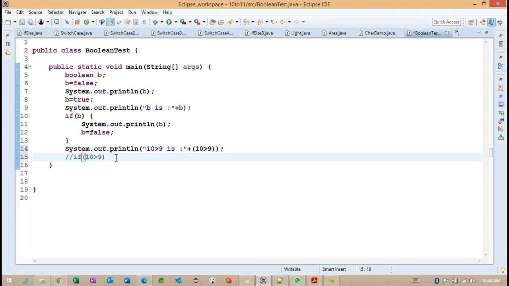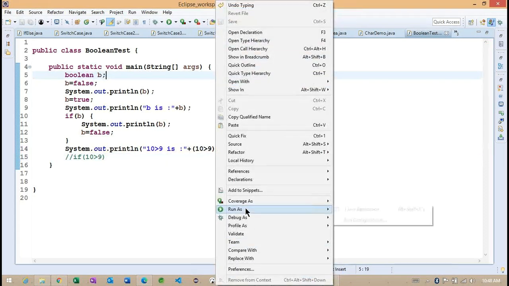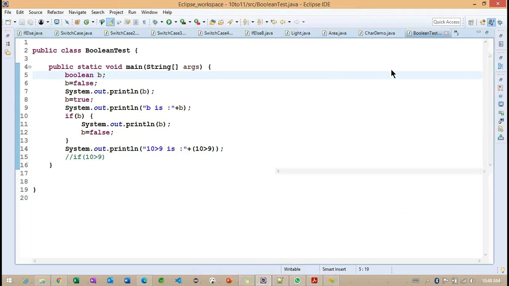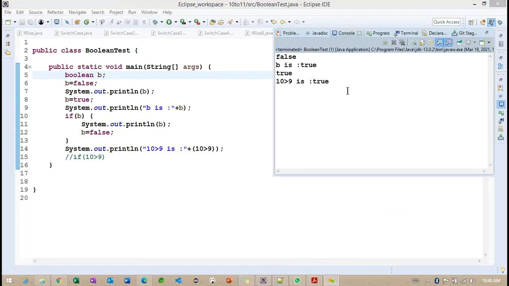To understand more, observe here. I'm trying to run the same example. Observe, the last one, 10 greater than 9, is true. Yes, so it's not going to give any exception here.